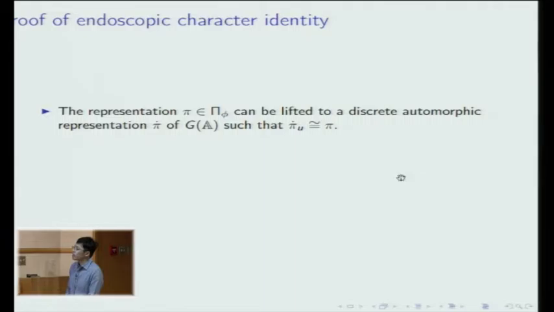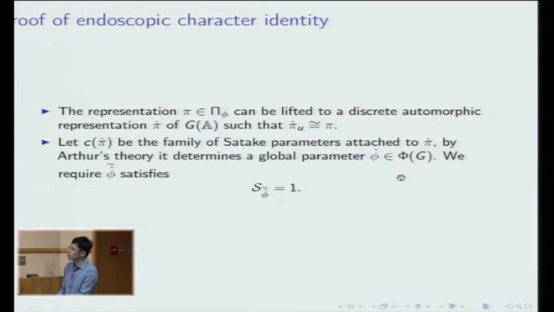And the second idea is very standard. If you want to prove something by global argument, first you lift the local representation to a global automorphic representation. And this is usually a standard argument by simple trace formula. But in this case, we can take this lifted automorphic representation and we take these symplectic parameters, and by Arthur's theorem, it will give